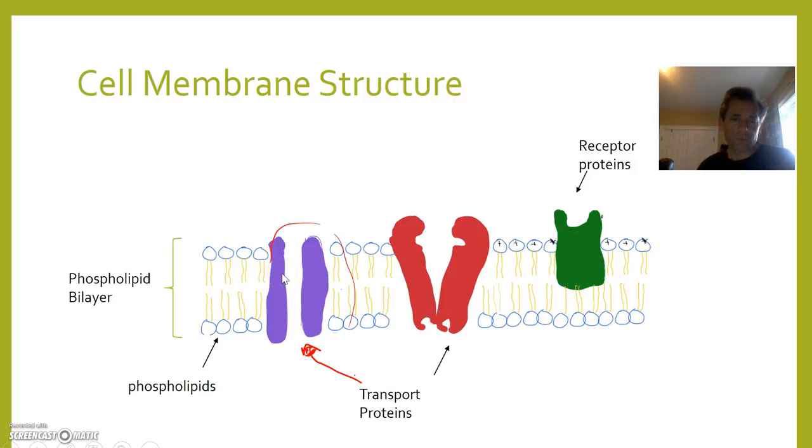All right, and then we also need to label, last but not least, this basic structure of the cell membrane, which is called a phospholipid bilayer, because you can see that this is a phosphate and this is a phosphate. We'll talk about why they orient themselves in just a second, but that makes a bilayer, two layers, here and here. Okay. All right, so we have these proteins here, and this right here is important, we're going to have to understand that it is a channel, or an opening. So make sure you label that a channel